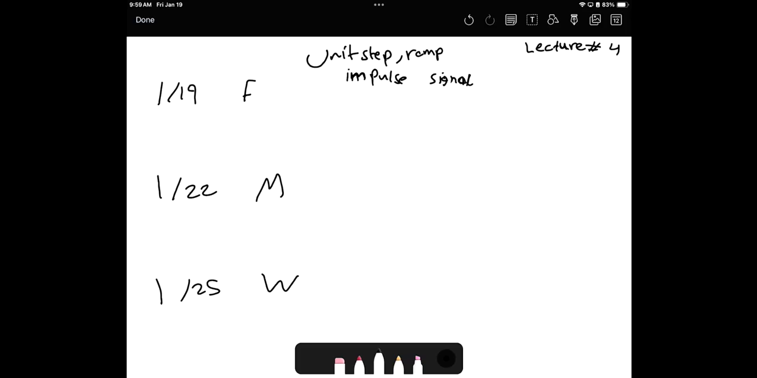Good morning. In today's lecture we will go through the continuous unit step, then the ramp and impulse signals, all these three signals. The reading for today's lecture, Friday, is pages 16 to 21, and